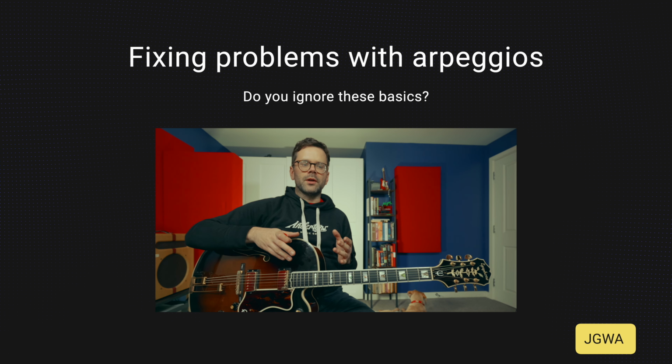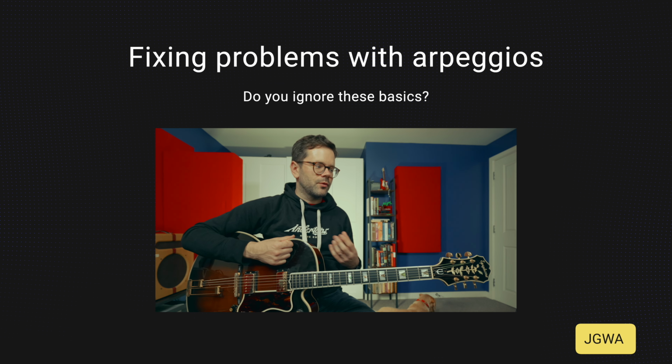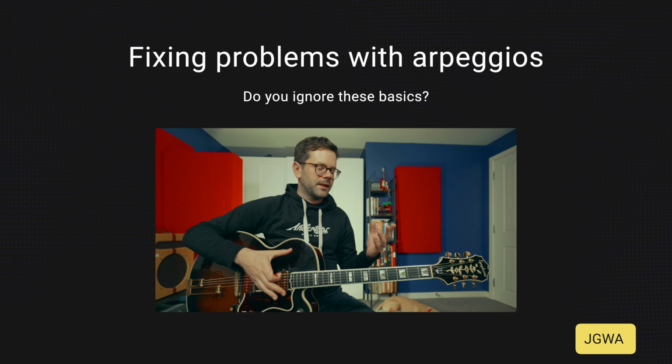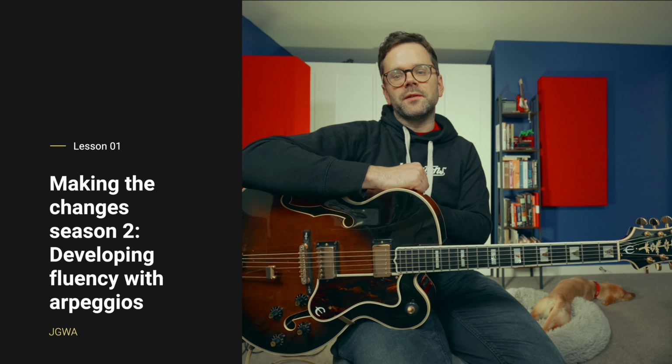And I think this is a walk before you can run scenario. So why would you expect to be able to play fluently with your arpeggios across the fretboard in the context of a song if you can't just put on C minor and play C minor across the range of the guitar? It's back, my series, Making the Changes, a series in which we look at how to use arpeggios to